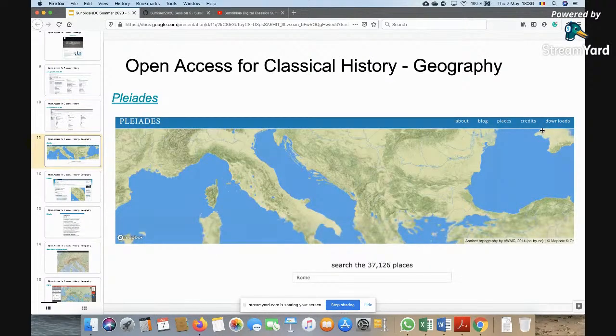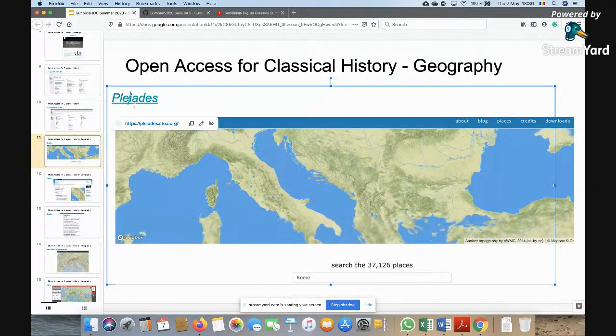In order to keep some order in the presentation, I have grouped the presented projects in three big categories. So we have geographical resources, epigraphical resources, and archaeological ones. The first ones have to be those focusing on geography and geospatial annotations, because I think it's very basic that for any research regarding ancient history, or any kind of history, as a matter of fact, you have to begin from the places where events took place, where archaeological sites are situated, and so on and so forth. So first we have Pleiades,